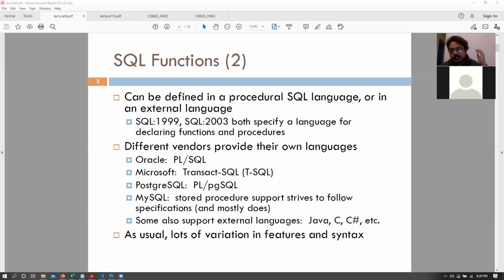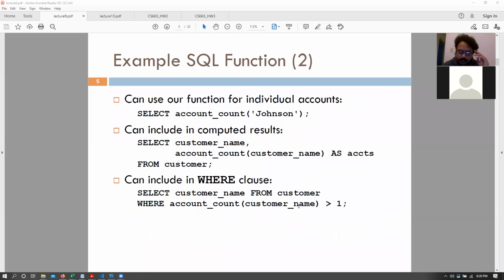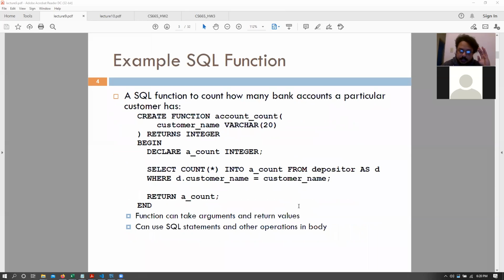Last time we talked about SQL functions, what functions are, and the differences between functions and procedures. But essentially, functions are pieces of code that can be run whenever we want. In that sense, we have this query that we want to run, and instead of running this query, we can just run this function name and that internally runs this query. So this is sort of similar to the concept of views.